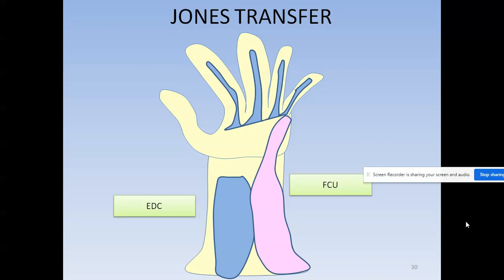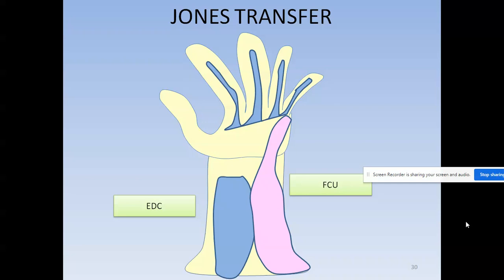When a person has severe hand trauma, wherein he ruptures extensor digitorum communis muscle. Extensor digitorum communis is very important because it is a bulkier muscle of the forearm which extends its tendons to all four fingers along with the wrist to carry out the action of wrist extension along with the finger extension. If this muscle is ruptured, then there is no extension or reduced extension at the wrist and no extension at all the fingers. There's one more muscle nearby to extensor digitorum communis known as flexor carpi ulnaris, which is also strong, which is also bulky.